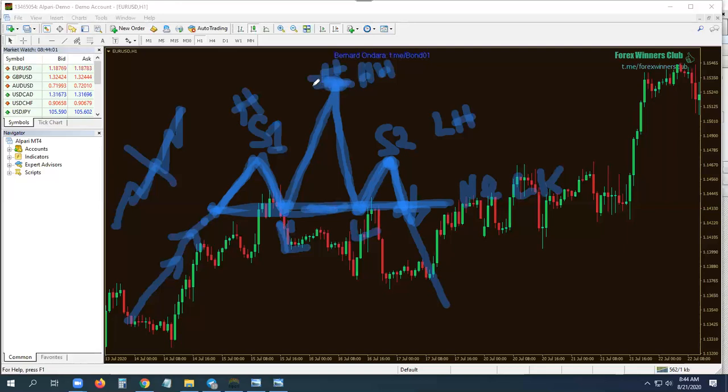The head. Yes. And your stop loss can be above the shoulder. Here. You put your stop loss here, you measure the distance here, you push it down here as your take profit. And your stop loss somewhere here. There are those who are aggressive, they can put their stop loss here. I don't recommend that. That will be a big stop loss.